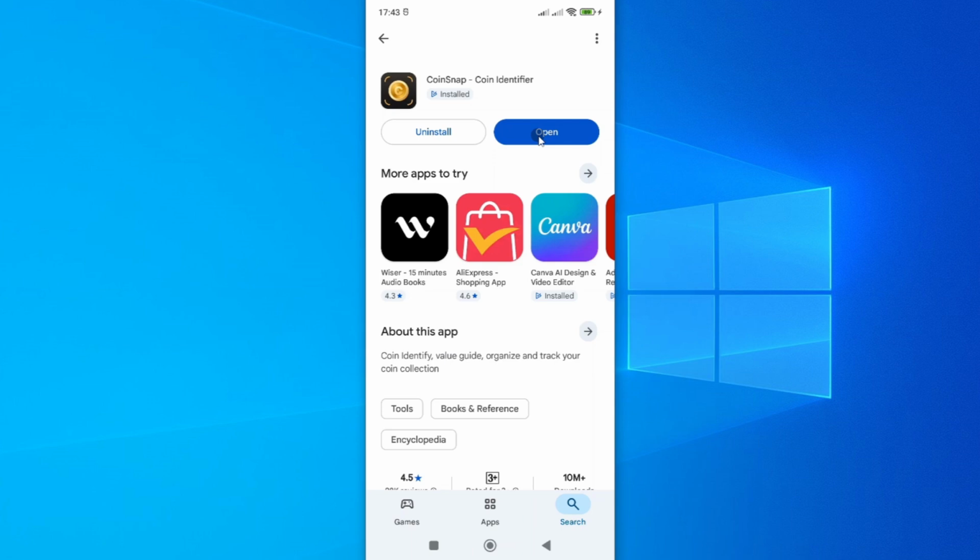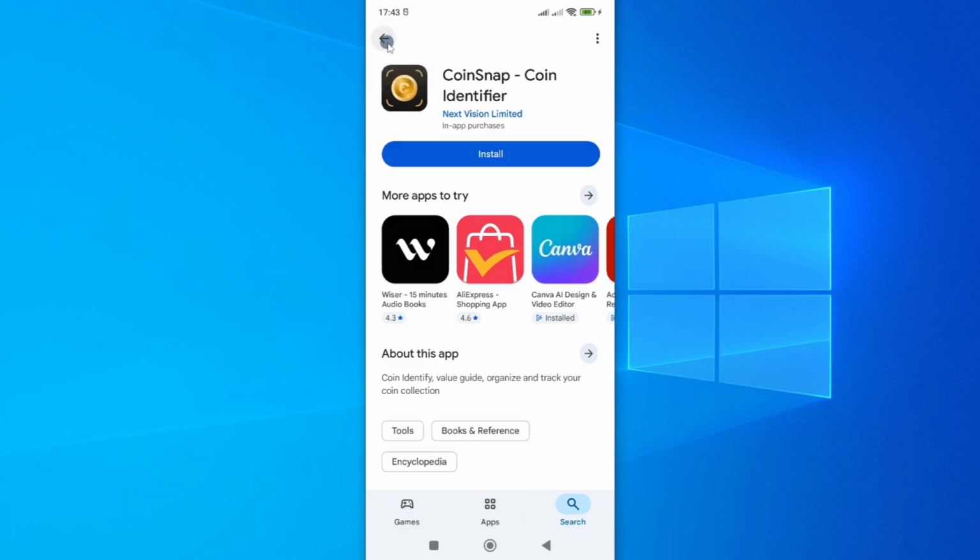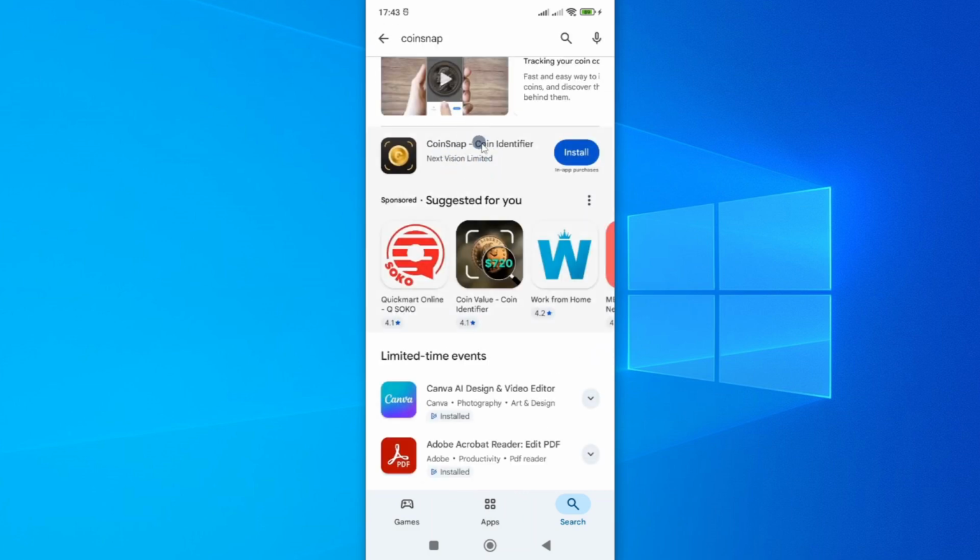Once you have done this, go ahead and now open your app to start using the latest version of CoinSnap app. However, should you still find a challenge, then you need to go ahead and uninstall this app and then install it afresh. By doing so, you'll be able to fix or to completely eliminate any bugs that might be associated with your CoinSnap app. So by following any of these methods, you should be able to have your app fixed and up and running